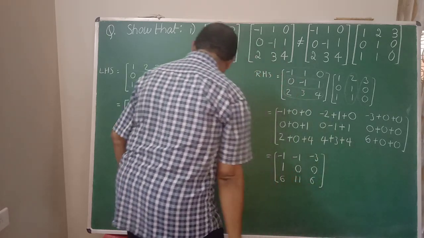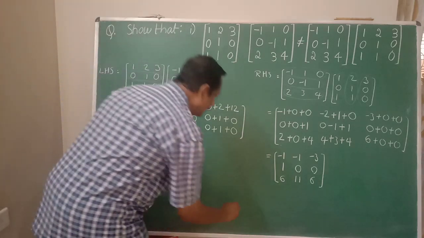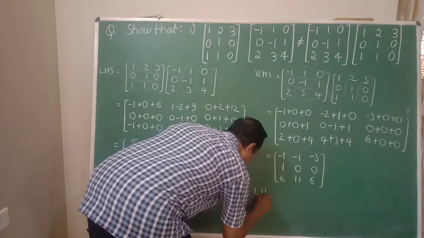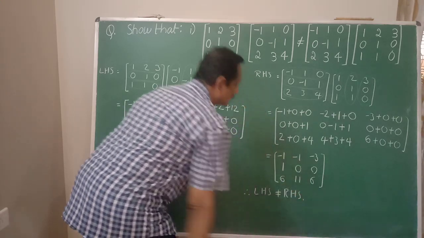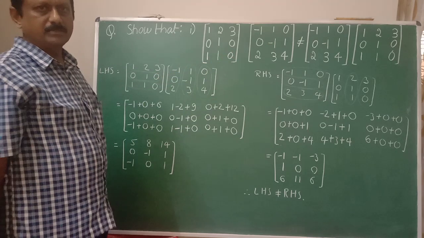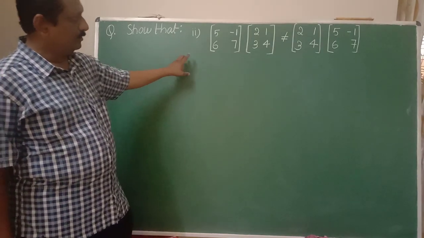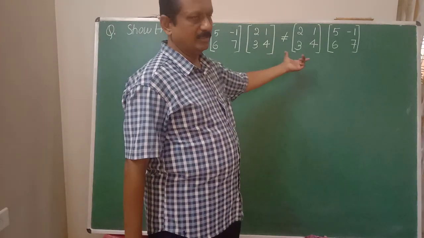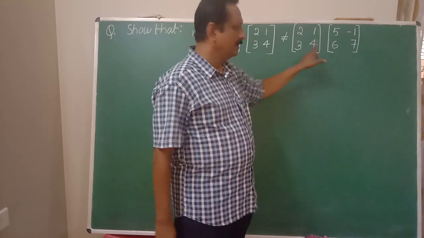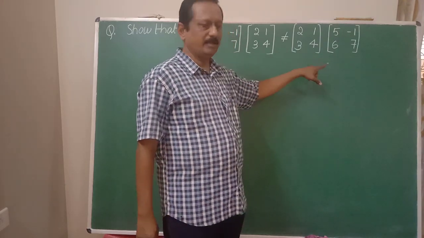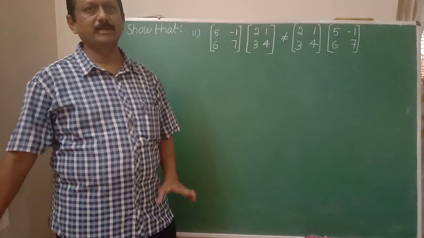Okay. Just observe these two matrices here. Both are not equal here. Therefore, we can write here LHS is not equal to RHS here. LHS is not equal to RHS. Okay. Here, just like the previous example here, we prove LHS is not equal to RHS here. It is just like A into B and B into A. A into B is not equal to B into A. Means the commutative property is not satisfied under matrix multiplication here.